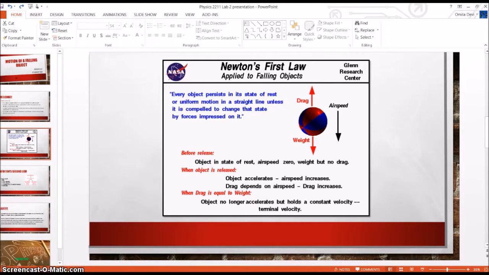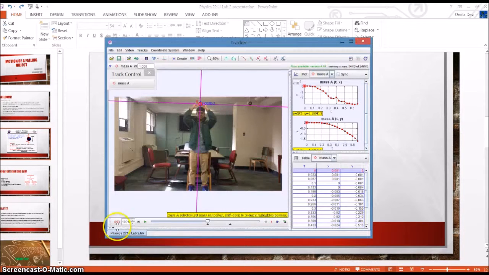For my experiment, I dropped an aluminum foil ball with a mass of 0.052 kg and a diameter of 0.06 meters from approximately 1.73 meters of vertical height as shown. Using the Tracker application, I set the positive x-axis to point to the right, the positive y-axis to point in the upward direction, and the origin to be set at the center of the aluminum foil ball at its